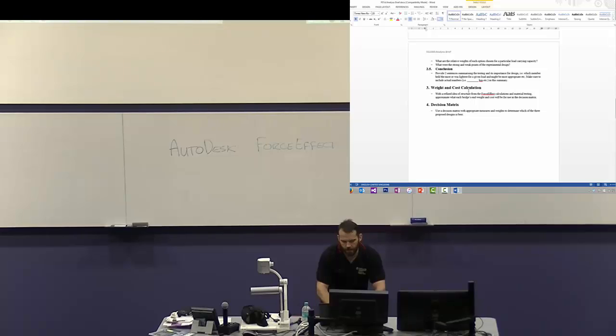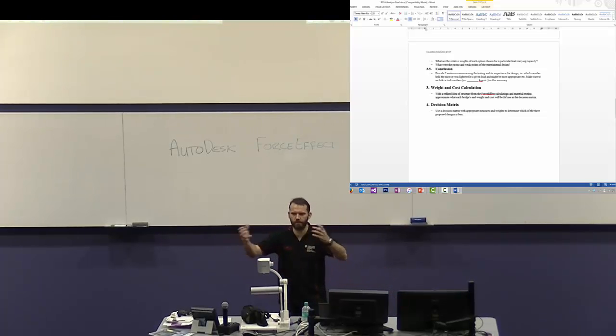The next section is our weight and cost calculation. That's what I was saying. So once you understand about roughly what cross-section or whatever you need, I would like you to approximate what weight you think your bridge is going to be. That's going to be really cool, because when we actually weigh your bridge, we'll work out whether you're close or whether you're completely a fair way away from that. But it's useful to have that estimation right from the very beginning, even as a relative thing between your 3